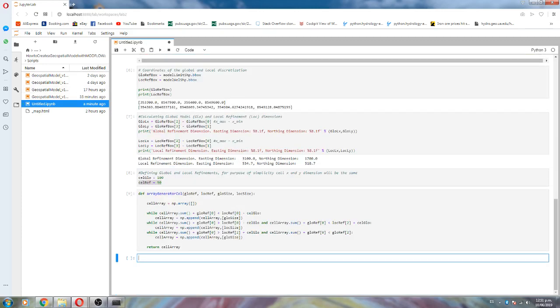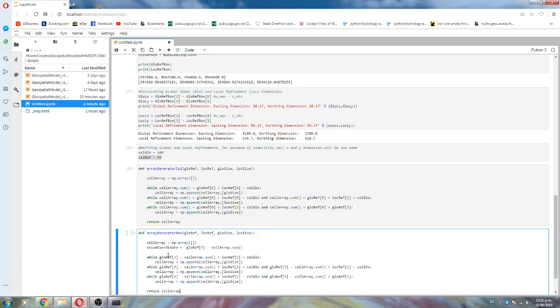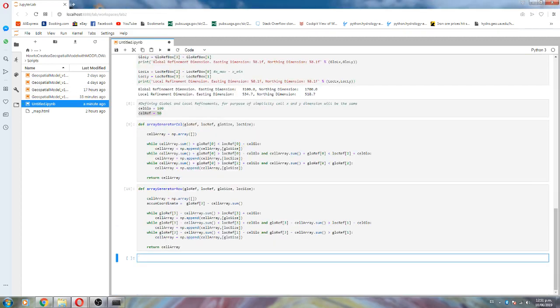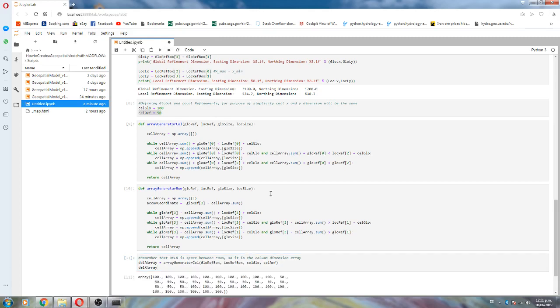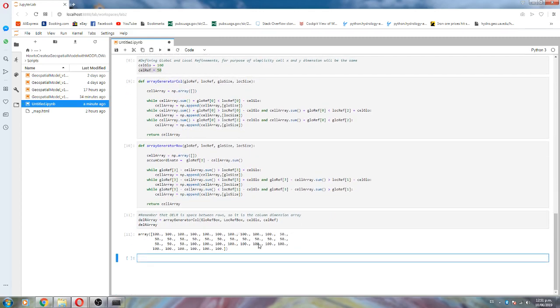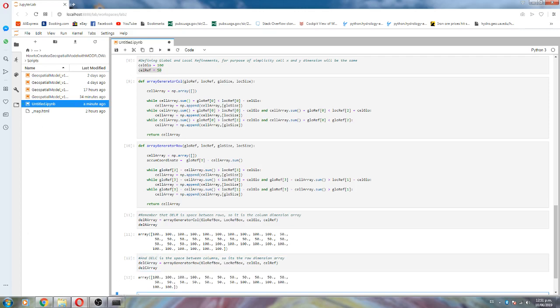This is for the array, for the column, and this is for the row. And then, okay, this is the space in between rows. So the space in between rows is the column distribution. Yeah, it's kind of confusing. This is the space in between rows. This is the column distribution. This is the row distribution. That is the space in between columns. Okay, so this is our arrays,